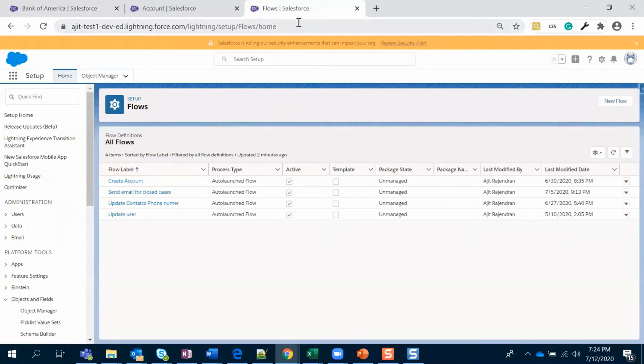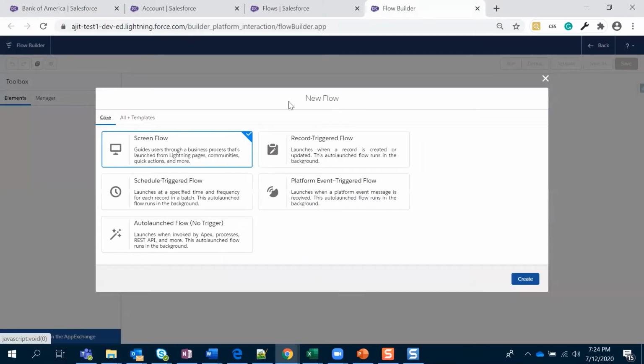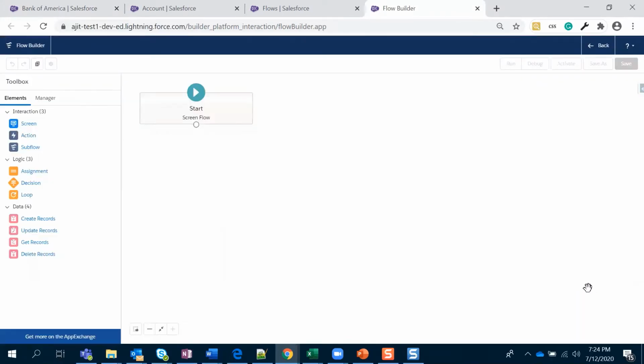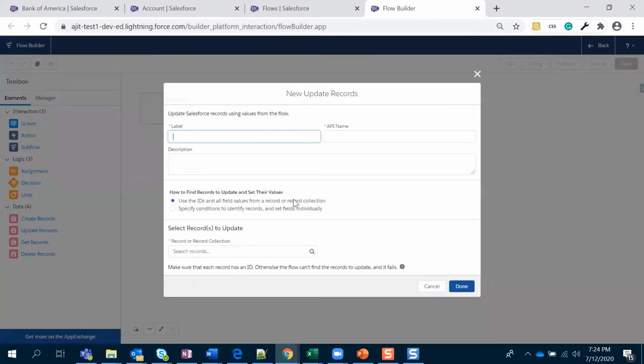I'm in the flow page and I'm going to create a new flow. For this we have to choose screen flow. I'll say why we have to choose the screen flow later on, but yes, for this we are choosing the screen flow, and we need not get anything, we can directly update the record. So I'm just using the update record element and labeling it as update account status,